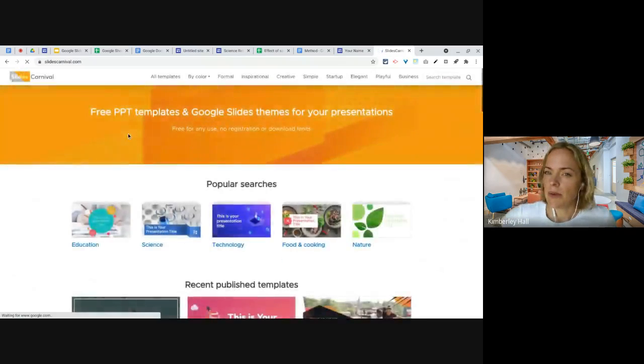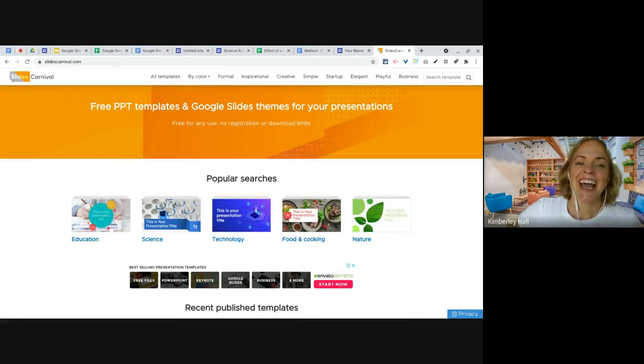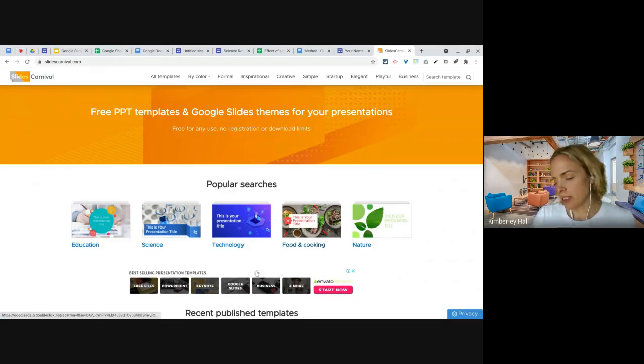This is the first one that I probably ever really used. And of course you read that pop up before you say agree. Yeah, so you read all the terms and conditions. And one of the cool things about this, you can see up the top, you can filter by different styles, or you can search for specific